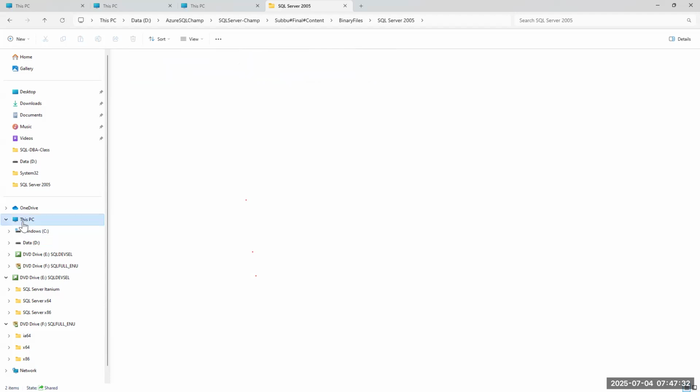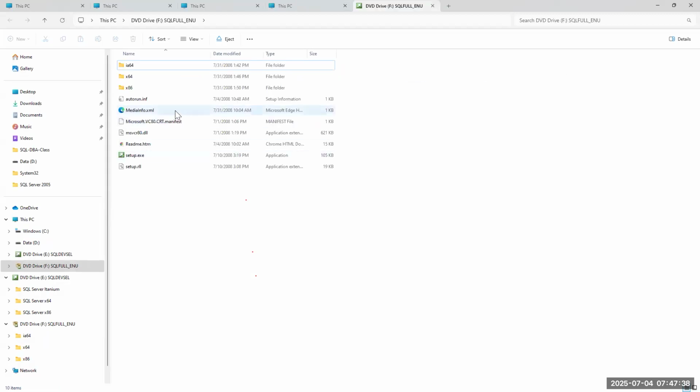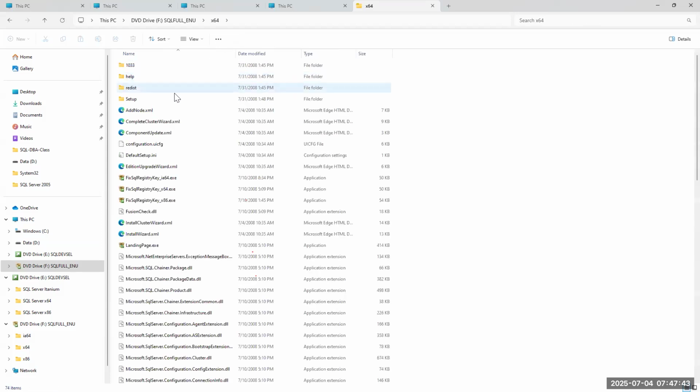So at least you need to remember a couple of folders, like x64, x86. When I go into x64, you will see redist, setup, 1033. So at least you need to remember a couple of directory names. Okay, it's very simple. But when you go to the real world,